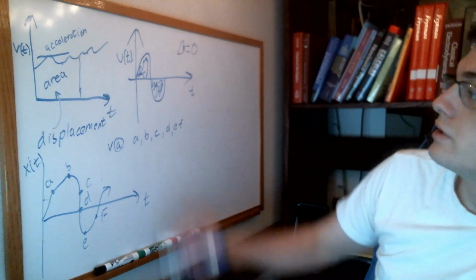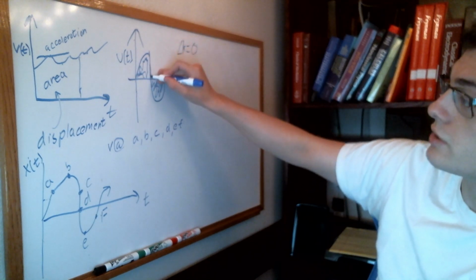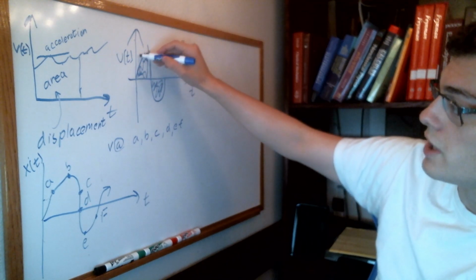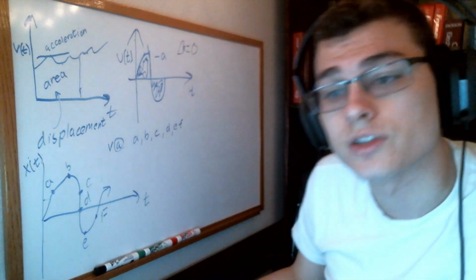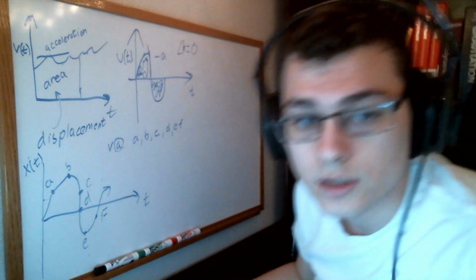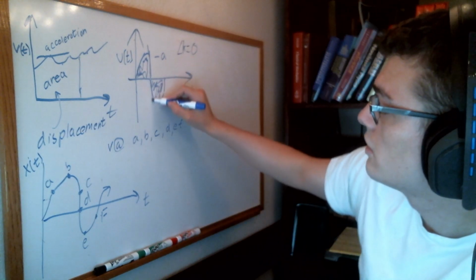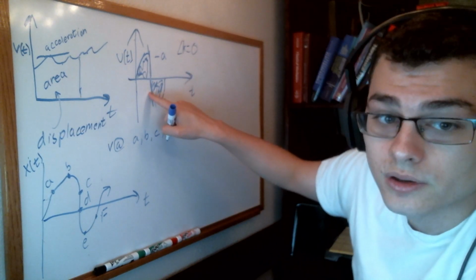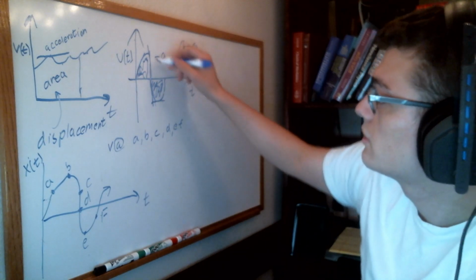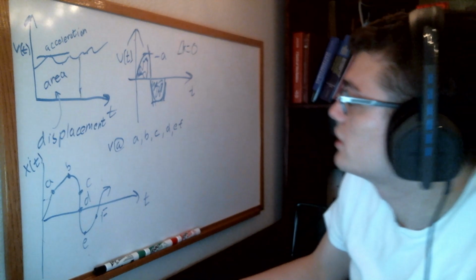So what happens is when v of t is positive, even though it might be decreasing, and this shows a negative acceleration, while this one shows a positive acceleration, this velocity here is still positive, and therefore it's still increasing in distance from the origin. But when it's down here, it's going backwards now. And even though it starts to flatten out here to where it stops, and again where it stops up here,